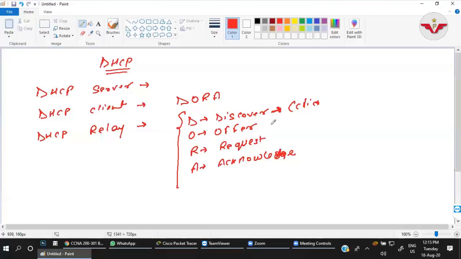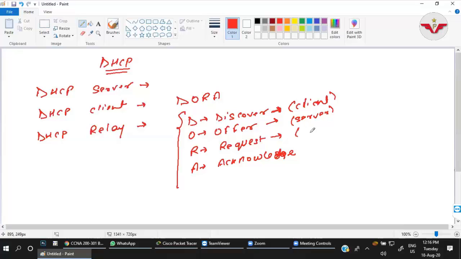Now, if there is any DHCP server available in the network, it will send an offer message: yes, I am here, I can provide you the IP address. So it is sent by the server. Once the client receives that offer, it will request an IP address.